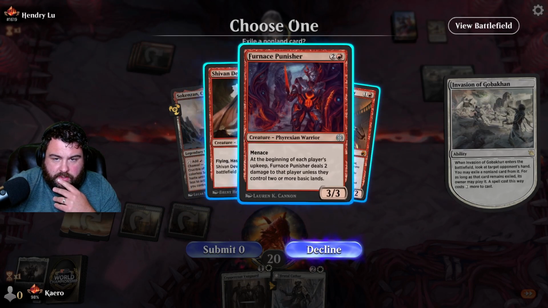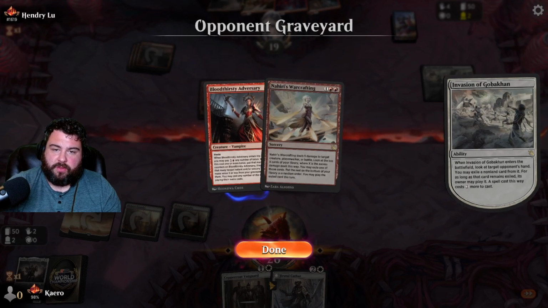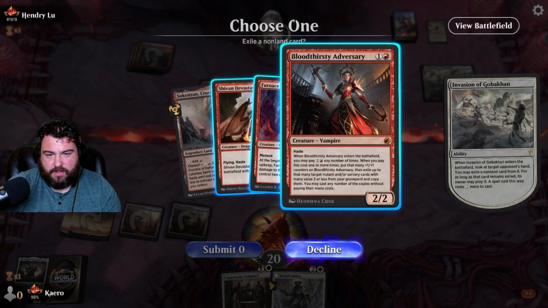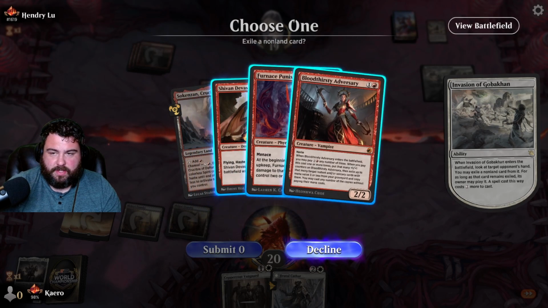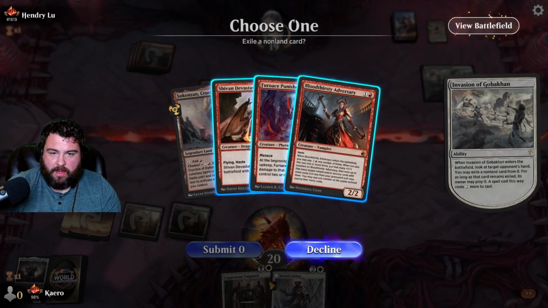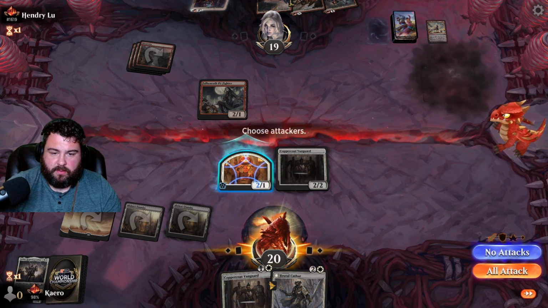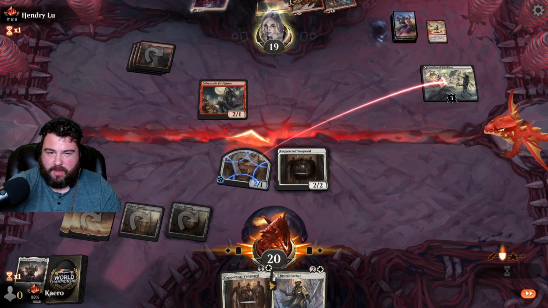Furnace Punisher, Devastator, Adversary. The burn in the graveyard is Nahiri's Warcrafting. They're 2 lands off from Adversary being good, really. Devastator's probably the thing that hurts us the most, although we can Brutal Cathar that away. Let's get rid of the Punisher. Let's go after this, just to mess with them and see if they're going to block with the Pit